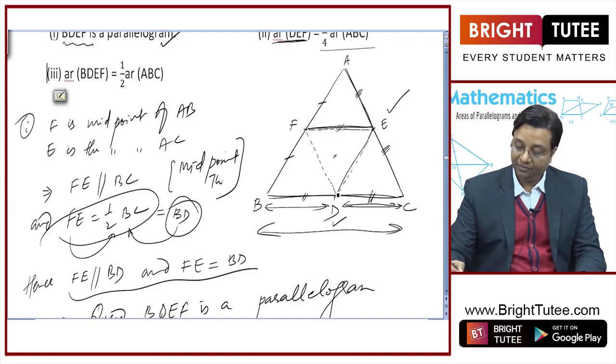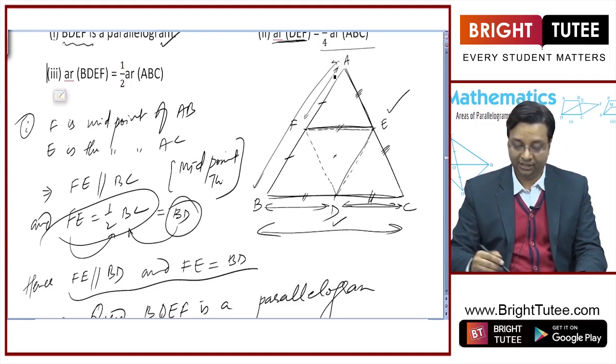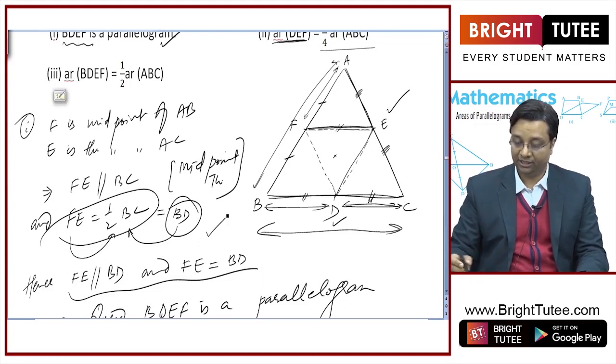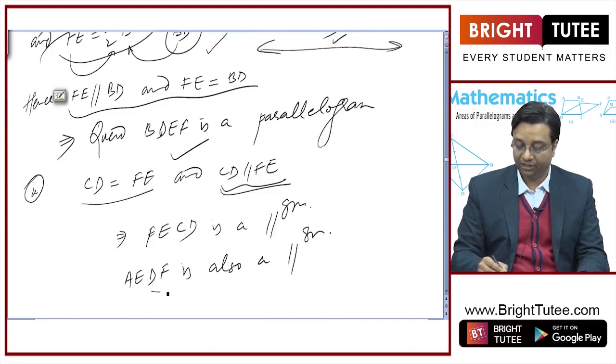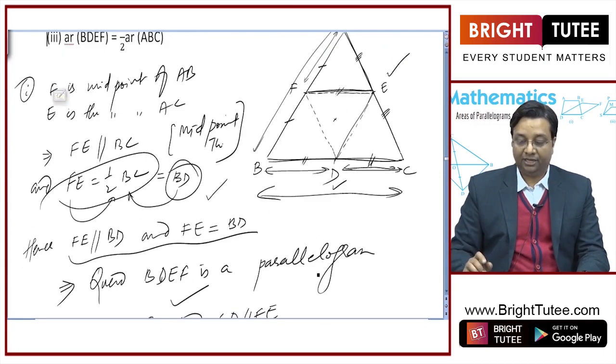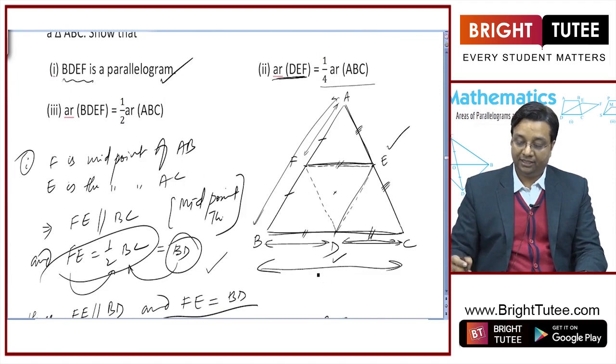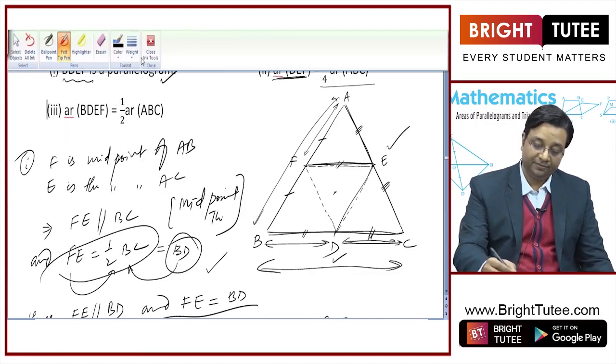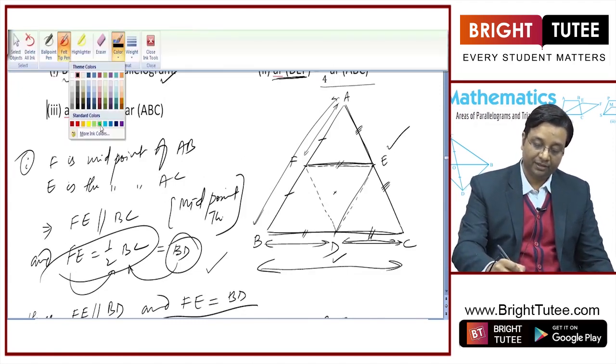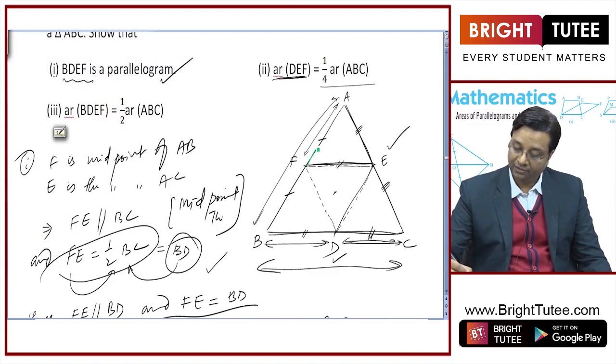Hence, DE will be parallel to AB and will be half of AB. So AF is already half of AB, hence using this similar line of logic you can say AEDF is also a parallelogram. Now see, all of these three are parallelograms. Which three? This one is a parallelogram,